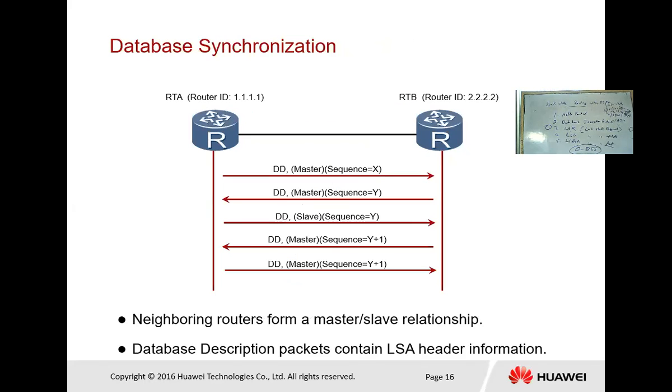Next we have database synchronization. In a link state routing algorithm, it is very important for all routers' link state databases to stay synchronized. OSPF simplifies this by requiring only adjacent routers to remain synchronized. The synchronization process begins as soon as the router attempts to bring up the adjacency. Each router describes its database by sending a sequence of database descriptor packets.